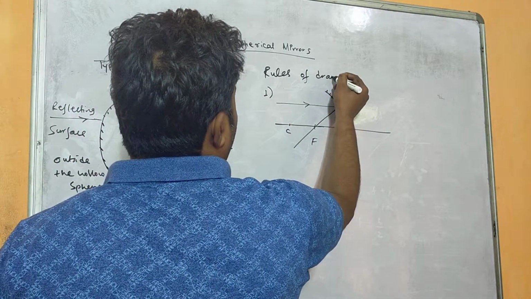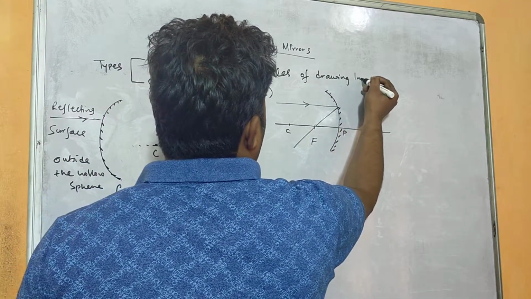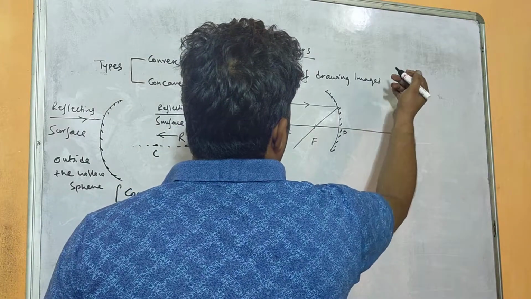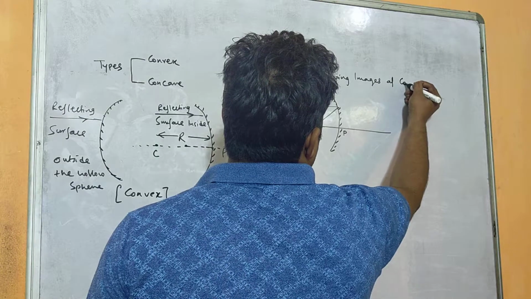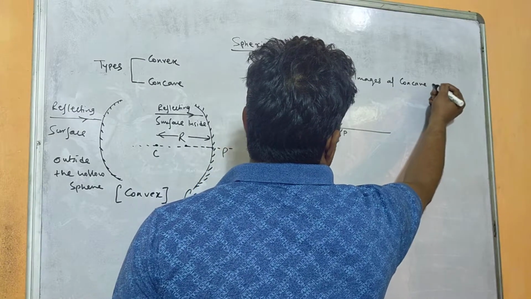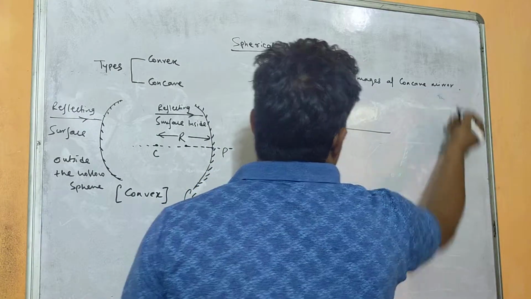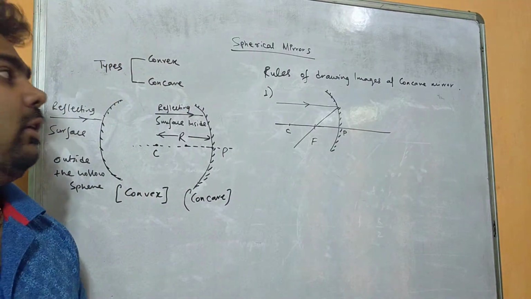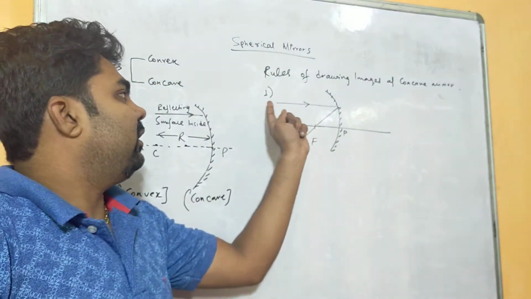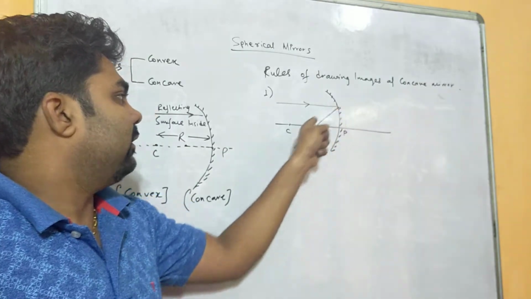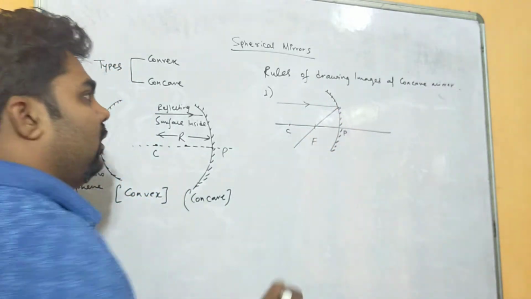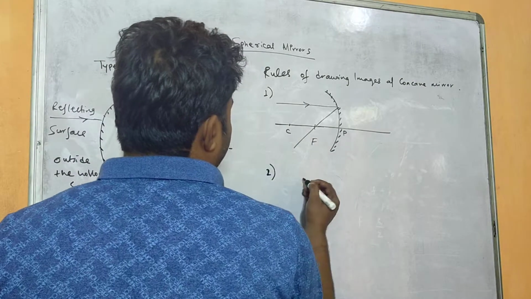Rules of drawing images of concave mirror. So the first rule is saying that whenever a ray of light is traveling parallel to the principal axis, after reflection it will pass through focus. Rule number 1. Rule number 2 is saying that